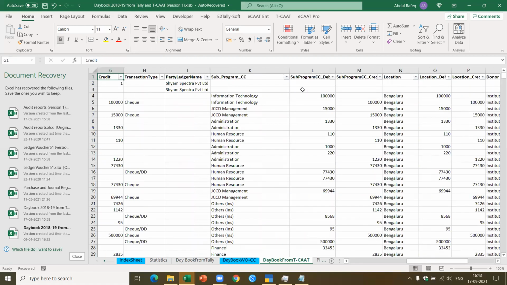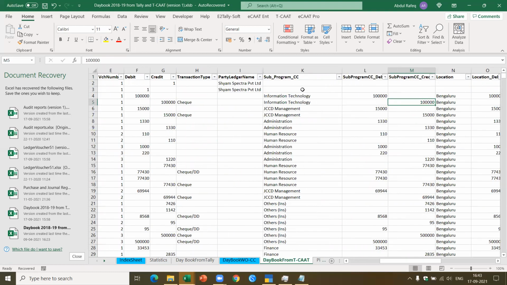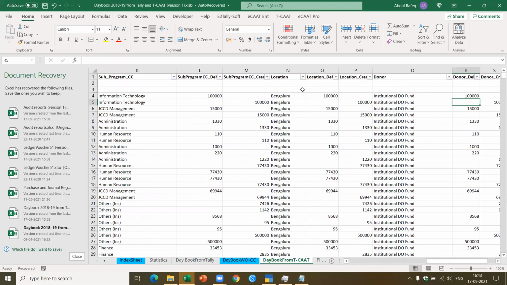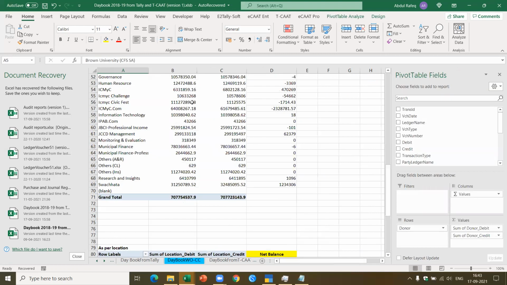Okay, all this with the cost center details I'll be able to get. For all the payments and receipts, they also enter the cost center details. We know exactly which cost center it belongs to. And with the cost center details, I'm able to extract and generate various types of reports using a pivot table.